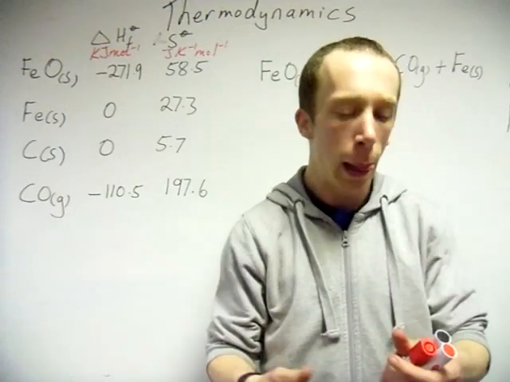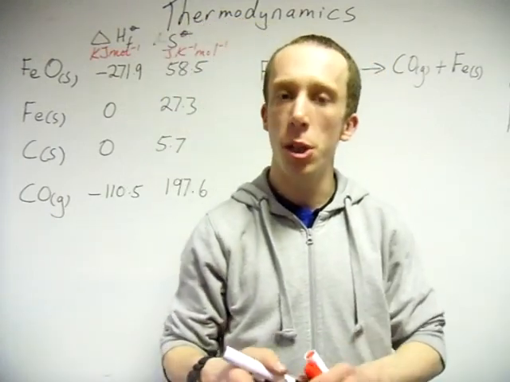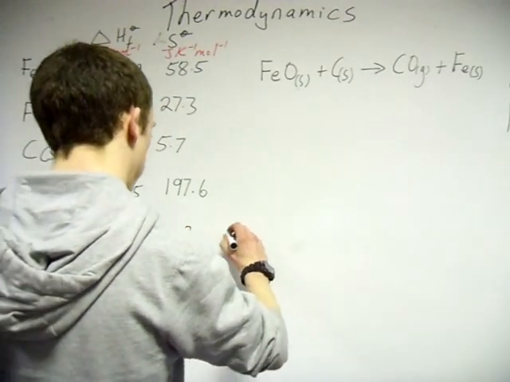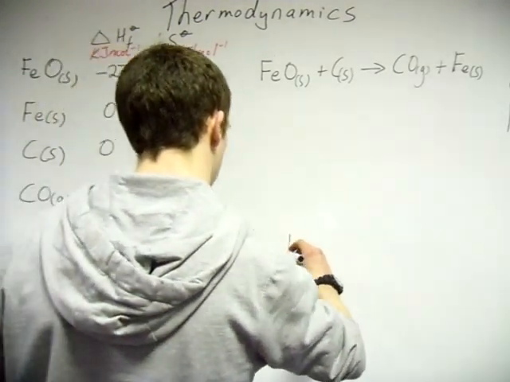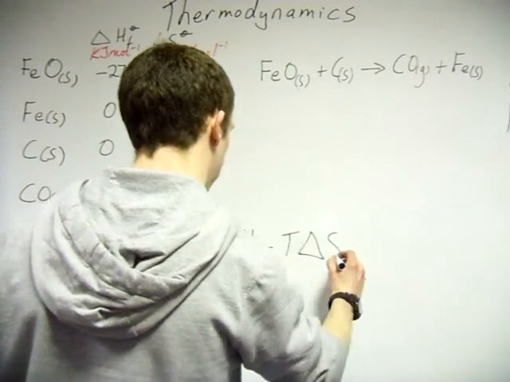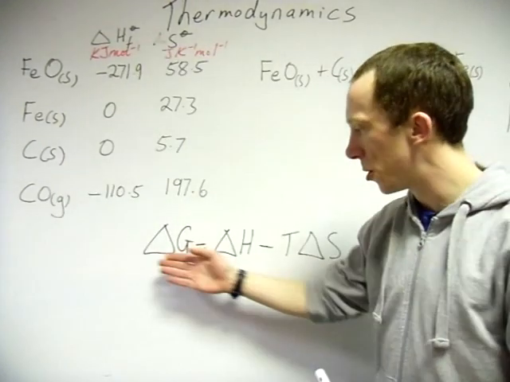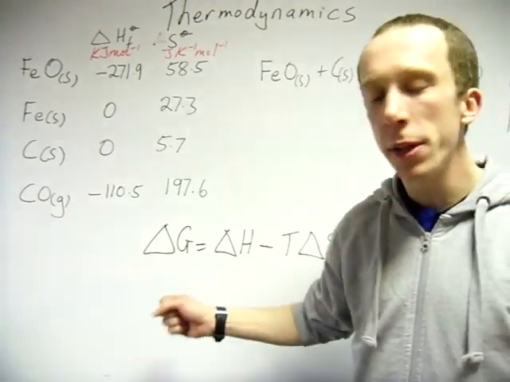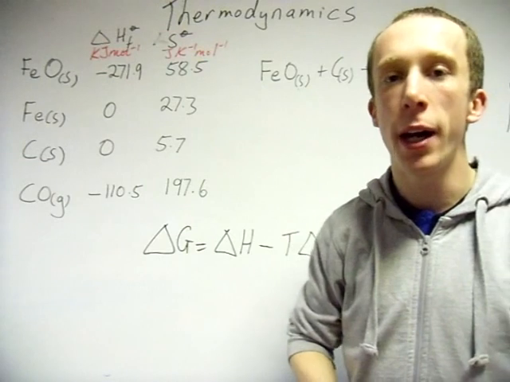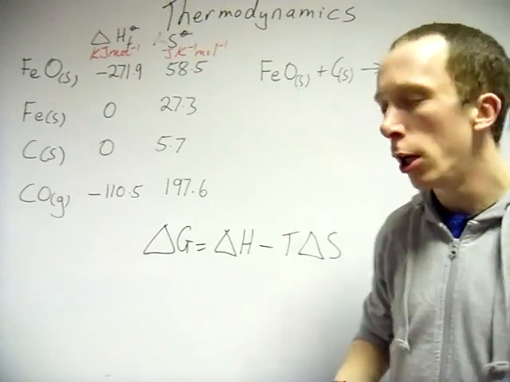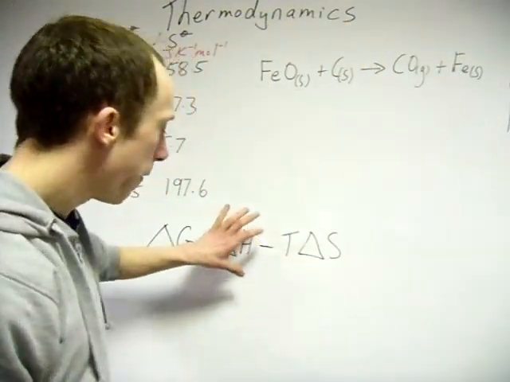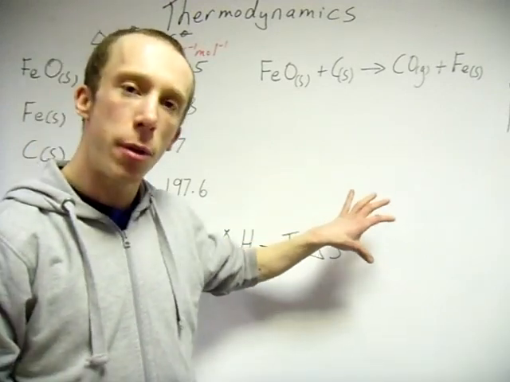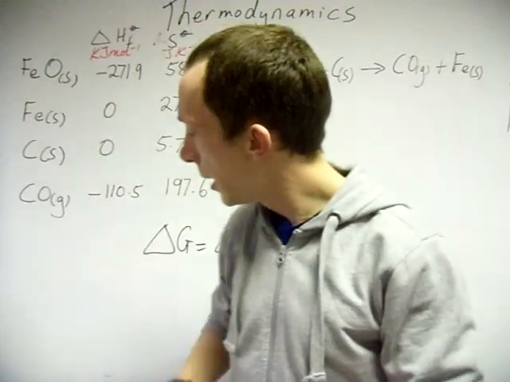So how to do that? Well, the equation, what you need to know is this. As you can see, this is Gibbs energy. It links together enthalpy change and temperature and entropy there as well. So you should be able to spot if enthalpy is always negative and entropy is always positive, then Gibbs will